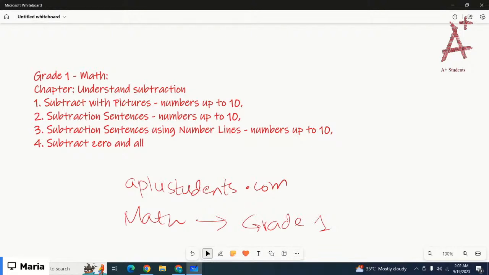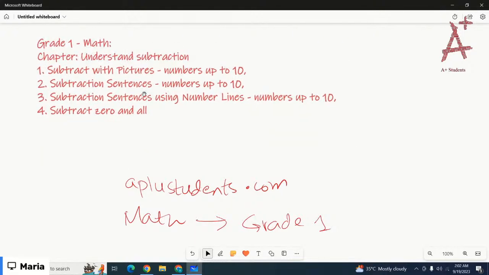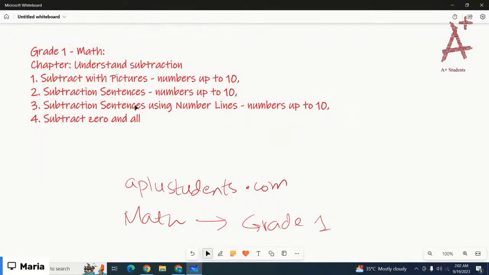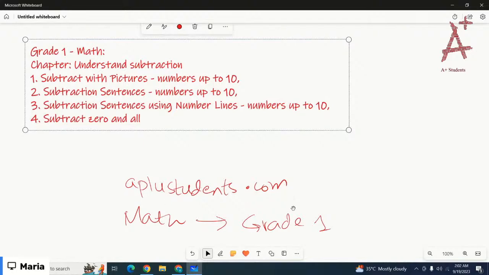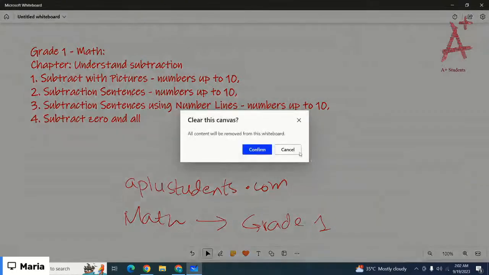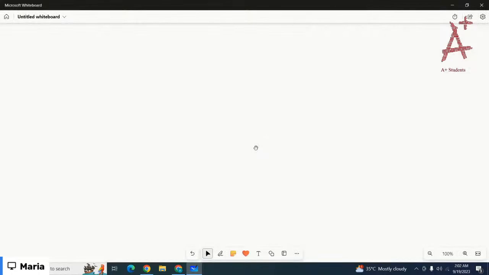So let's start with the first lesson, that is understand subtraction with pictures, numbers up to 10. Basically, we're going to understand how we subtract, right? Let's start with an example. What is subtraction, the concept, and how do we solve the questions, right? For example,